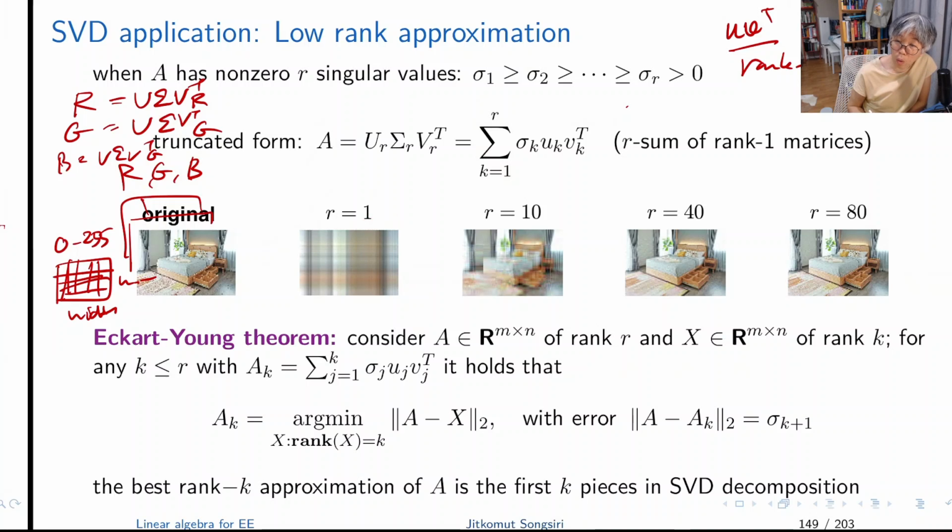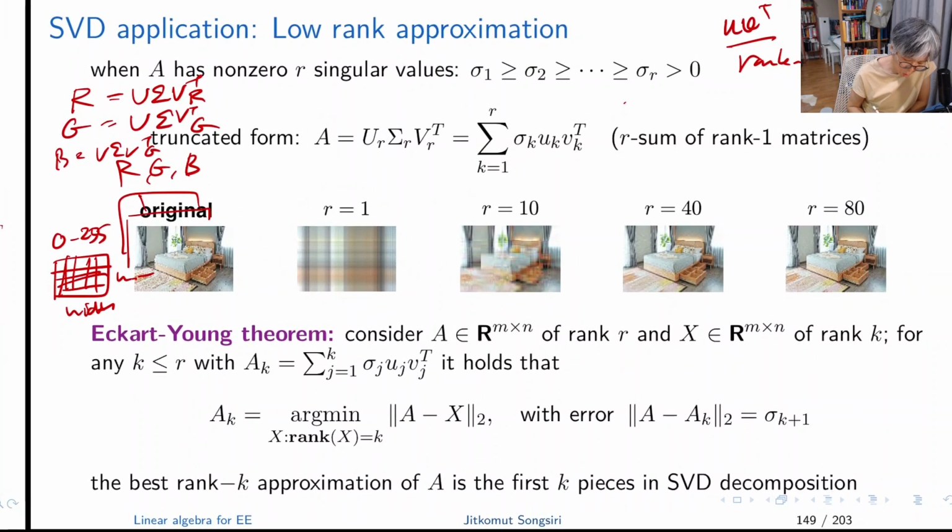It means that you only take the rank 1 of the R channel, G channel, and B channel, and then you sum up into the image, and that is what you're going to get. So you see that if you only use the first term, the sum of rank 1,